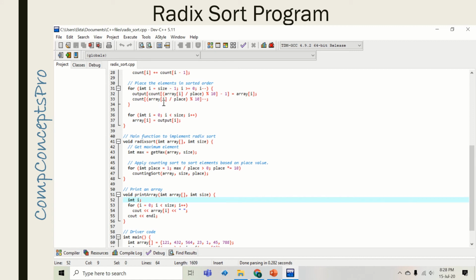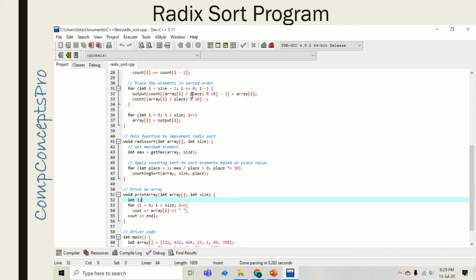Alright. Now we will start copying the values of the original array into our output array according to the digits at particular place values. See, this is array I. Whatever value is at array I, we are copying into the output array. So the index value of the output array will be calculated by this statement.